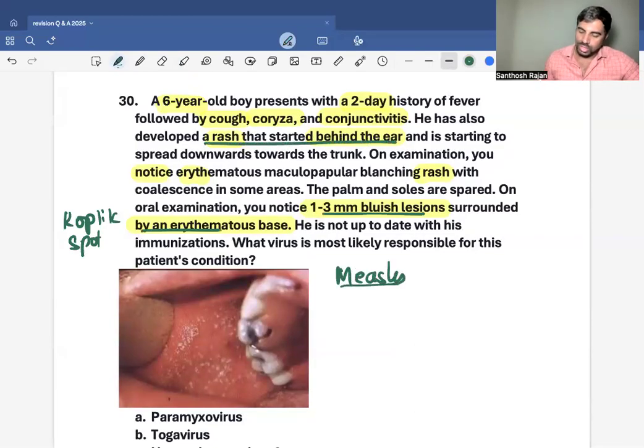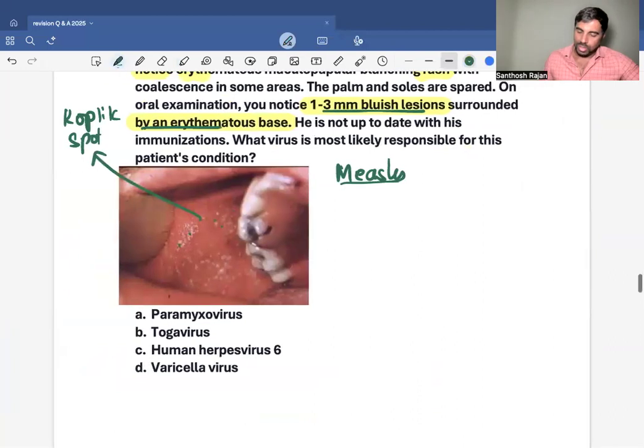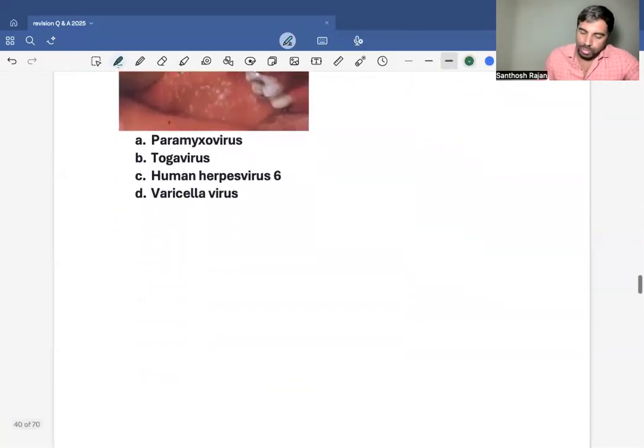So these are the Koplik spots, what you're seeing here. Now, what happened? Where is my measles option? Do I have a measles option? No, what I have instead is paramyxovirus. That's what's important. Now, when you talk about paramyxovirus,